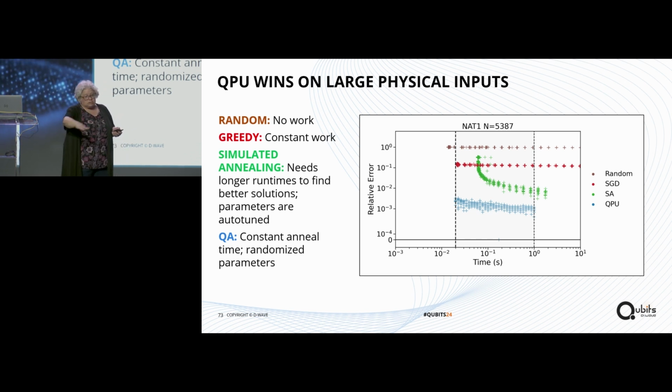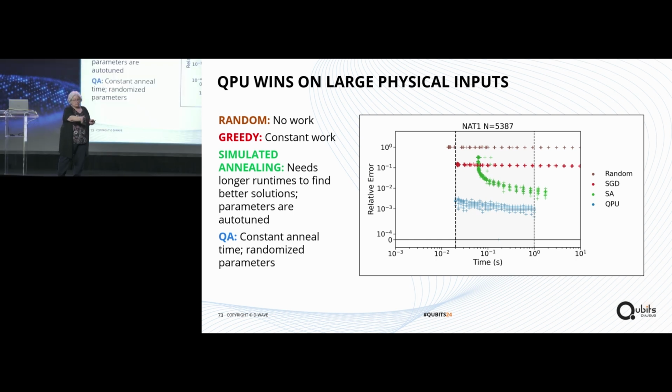And so here, the green one is simulated annealing. It needs more time to converge. Whereas quantum annealing, the QPU in blue there, has already, this is access time. This dotted line on the left is the lowest you can go because of programming time. And these are access times it's banging out. And you can see it's always been low in the sense of it doesn't start at a random solution and work down. You get what you get at the end.